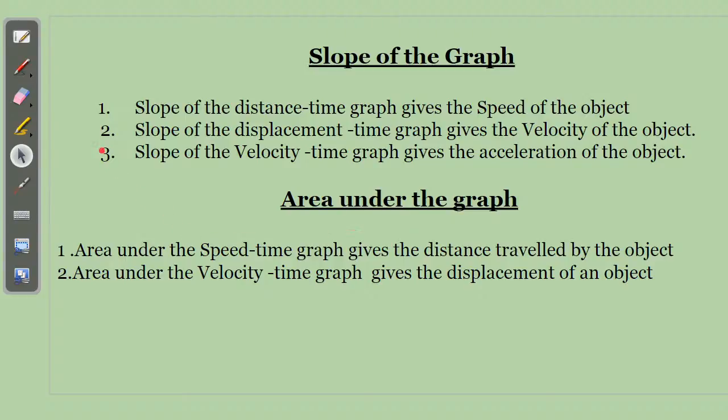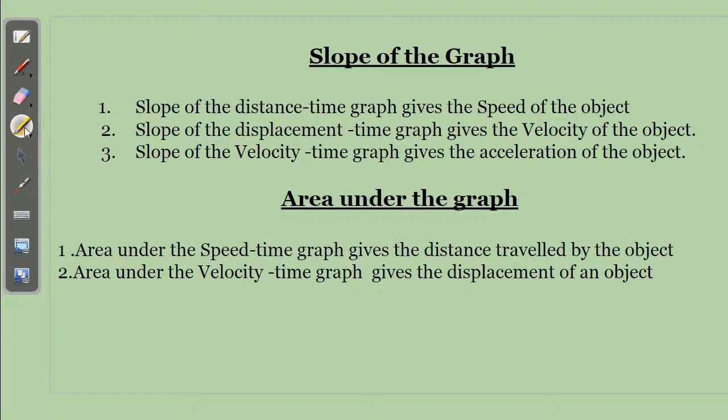So these are the important points that you have to remember. If you are dealing with the distance time graph, you calculate the slope from the distance time graph. That will basically give you your speed. So speed of an object can be calculated by taking the slope of the distance time graph. Similarly, if you calculate the slope of a displacement time graph, it's going to provide you the velocity. So calculation of velocity is very simple. We just have to calculate the slope of the displacement time graph.